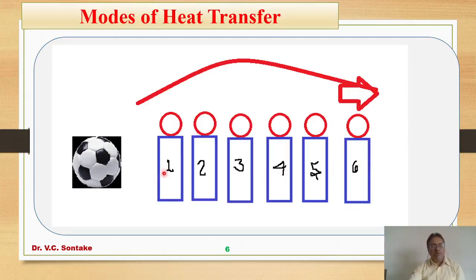In the second mode, heat has been transferred to the player near the football, or heat has been transferred to the molecule near the heat source. This molecule will move away and will come into contact with the farthest molecule and give away the amount of heat to it. So in the second mode of heat transfer, the particle or medium is moving,